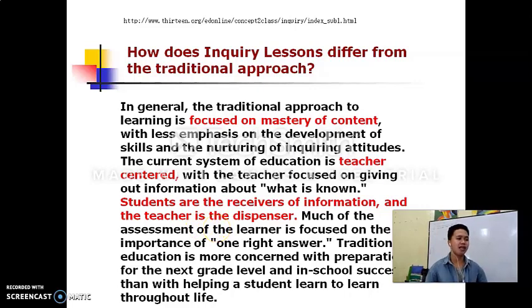In the traditional, it's about finding the right answer, memorizing everything to get the right answer. That's traditional. Where in fact, this inquiry approach has revolutionized the way of learning wherein students are the ones who act in the classroom as the teacher is just a guide. Because when the students do the task, there's a concrete learning.